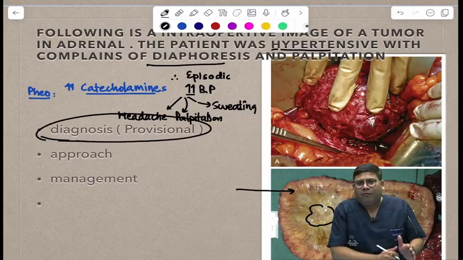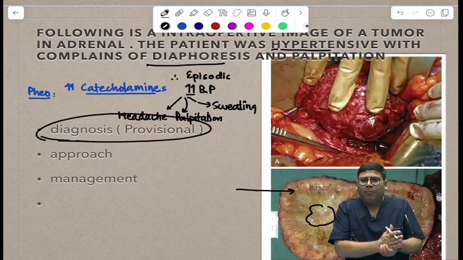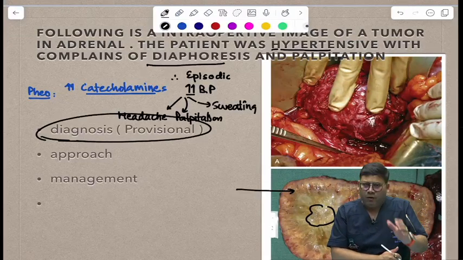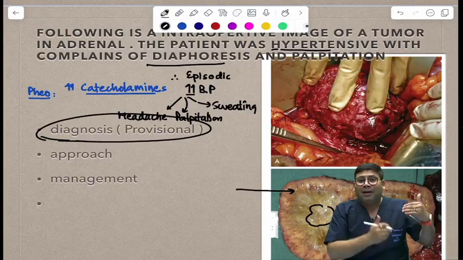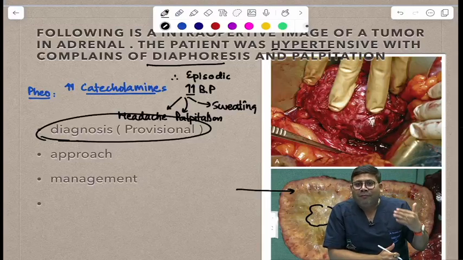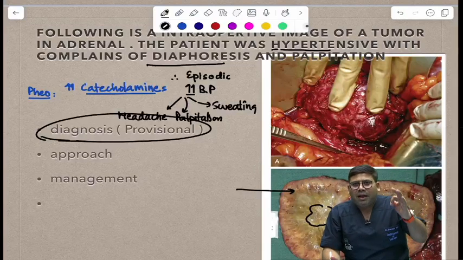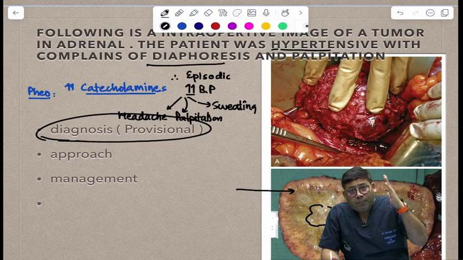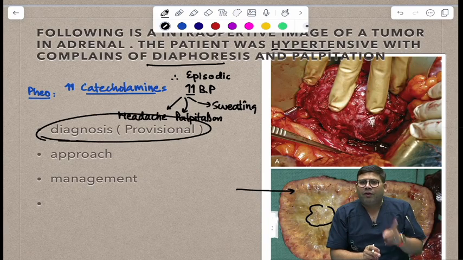Now if it is a pheochromocytoma, it will produce metanephrines and these metanephrines will first go in blood, and be broken down in the liver by catechol-O-methyltransferase and MAO-B, monoamine oxidase B. So broken down by MAO-B and COMT, after that it is released through the kidney as VMAs or metanephrines. So remember, metanephrine is the most stable persistent product that can be detected in the blood, and it can also be detected in the urine. That is why we will bet on the metanephrines, not on the VMAs.